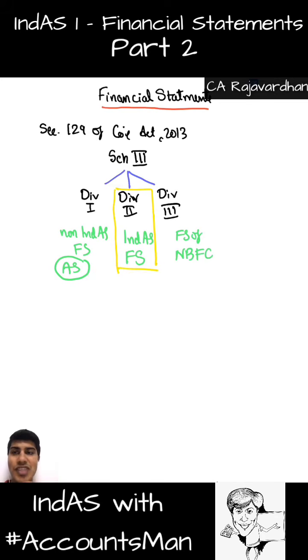So, what are regarded as financial statements as per Ind AS? According to Ind AS, the financial statements will include the balance sheet and the statement of profit and loss. When we say statement of profit and loss, this will definitely include other comprehensive income also. Under Ind AS, whenever I use the word statement of profit or loss, you always presume it is statement of profit or loss along with other comprehensive income, and we cannot write everything in detail in the balance sheet, isn't it?